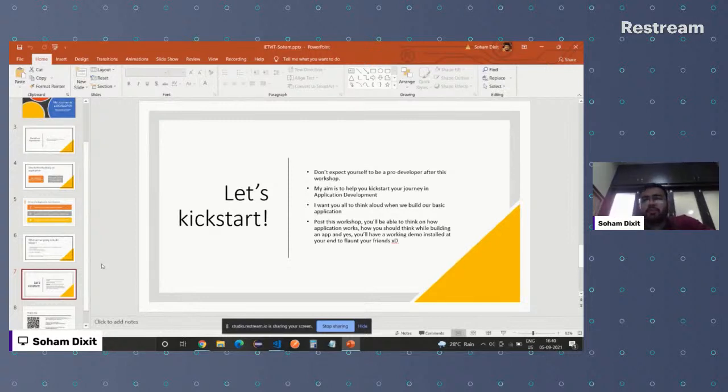If you actually feel like, okay, this thought process, when I learned something like machine learning, I didn't have this thought process, I just went on to do some certification, and that was the end goal. So the thought process involved here, you can implement it in different domains as well. And I want you all to think aloud when we build our basic application. Why are we building this, what's the importance of this,